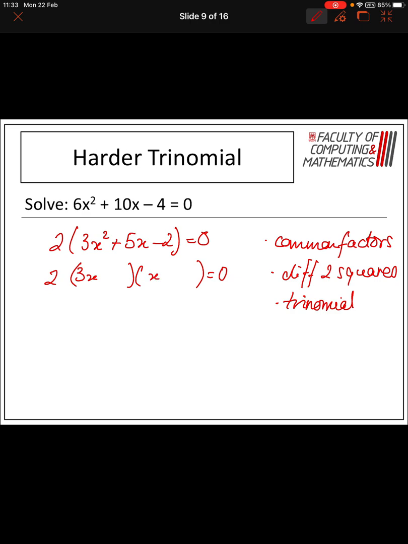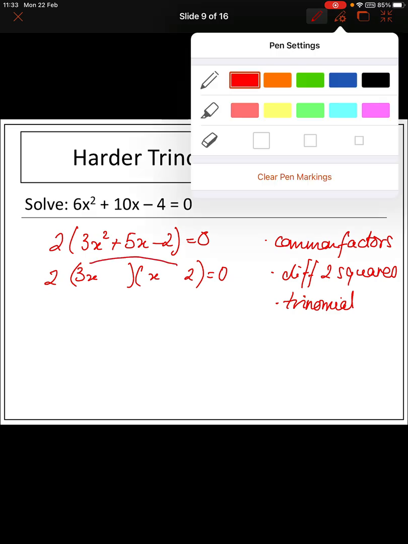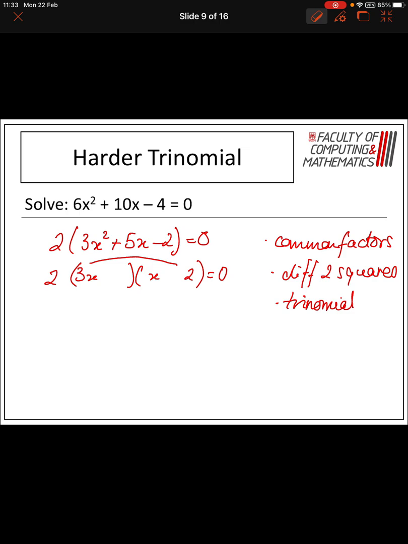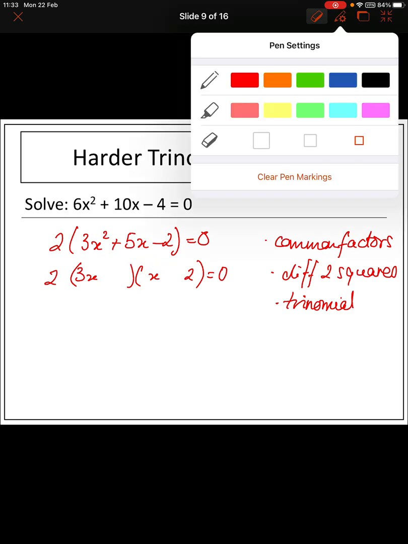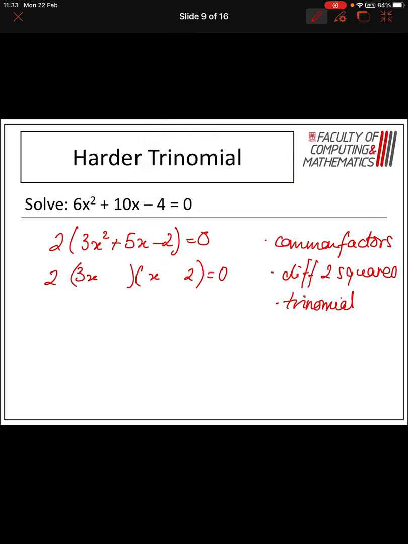3 is a prime number, so I'm going to have 3x and x. Okay, my factors of 2, now as you can see I need to make 5 in the middle, so my factors of 2 are 2 and 1. So what I want to do is put 2 in here, because I'm going to multiply these two together. That will give me 6. Okay, and then take away the 1. And as I said, if